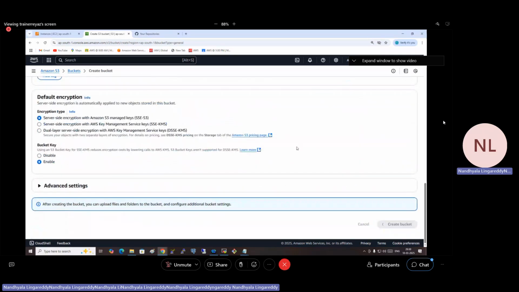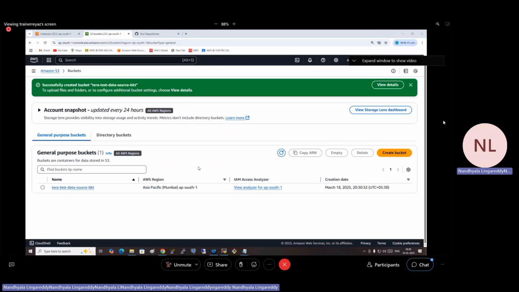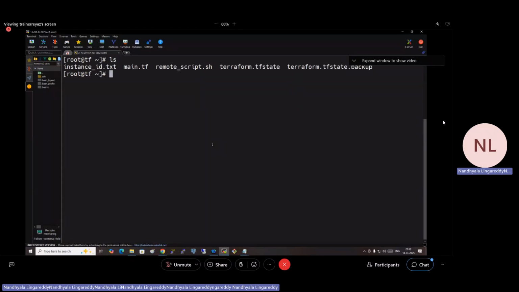Create it. Okay. VPC ID, it's already there automatically. Let us go and write. So let's remove